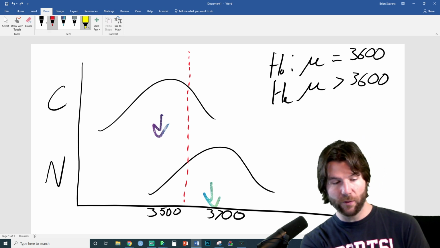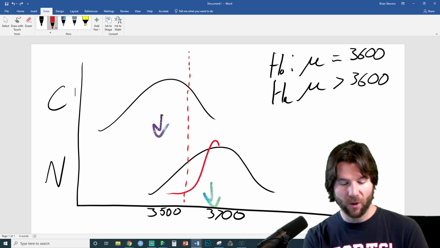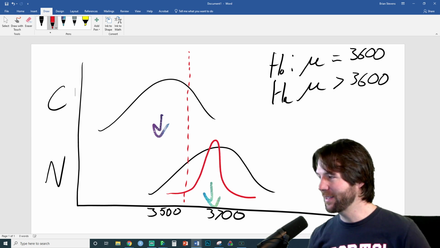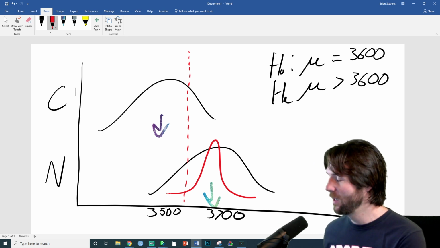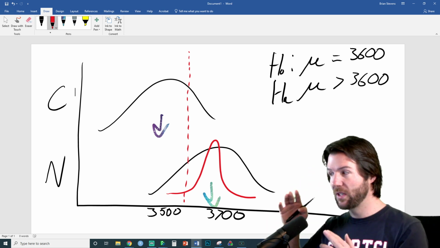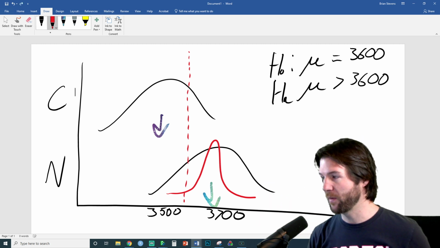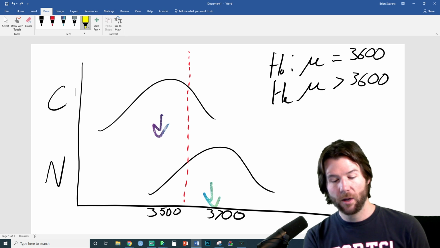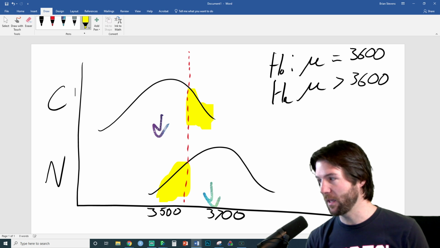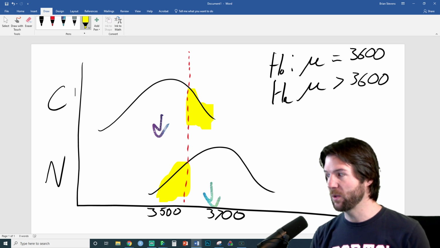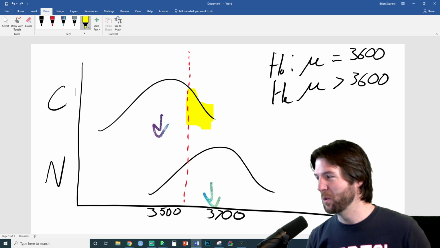So truthfully there's this distribution we can't see in the background that's tighter and more normal. It'd be something like this right here. That's the distribution we're actually testing. We're testing the distribution of the mean of the machines. So you don't see this distribution that's tighter and more normal. You see the singular observations. And that's why someone might say, well, wait a minute, we have current machines that meet the guidelines and we have new machines that don't meet the guidelines. But we're saying on average, would the new machines meet the guideline? And the answer is going to be yes. The new machines do meet the guideline.